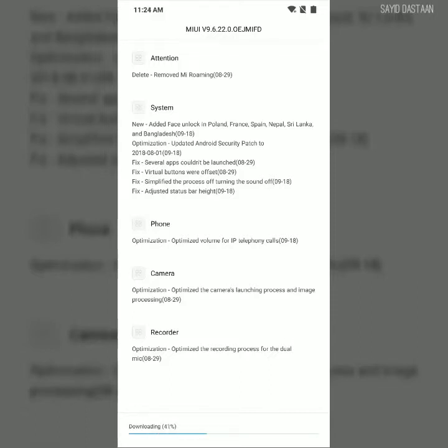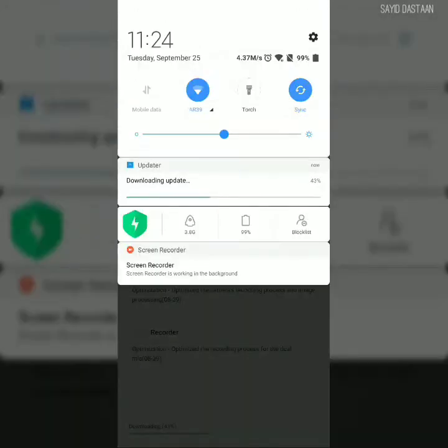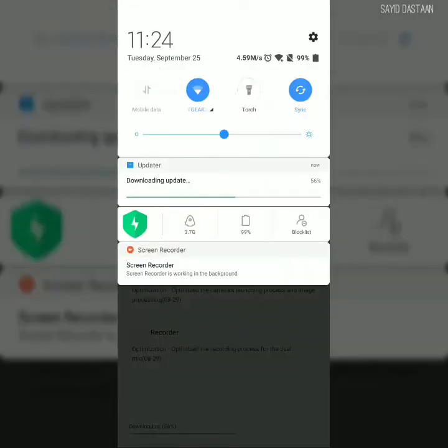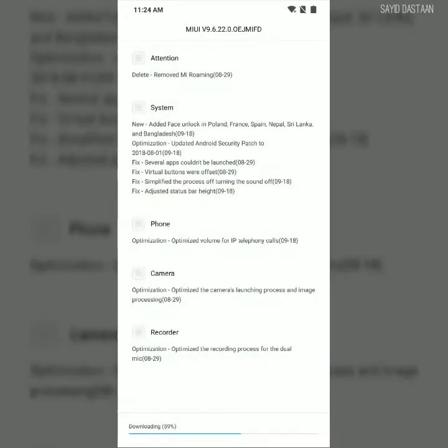Alright, so as you can see, it's now at 41%, and now the speed is not so fast right now. Maybe my Wi-Fi is slow, that's the reason. It's 4 to 5 Mbps right now. Alright, it's 59%. Okay, so the update is 93, 96, and